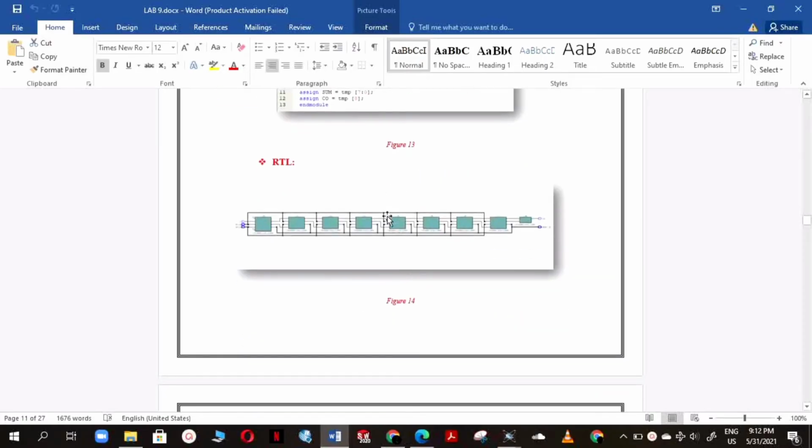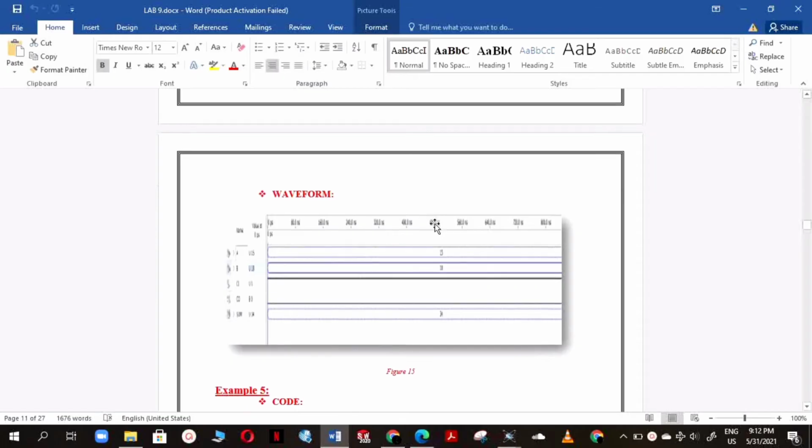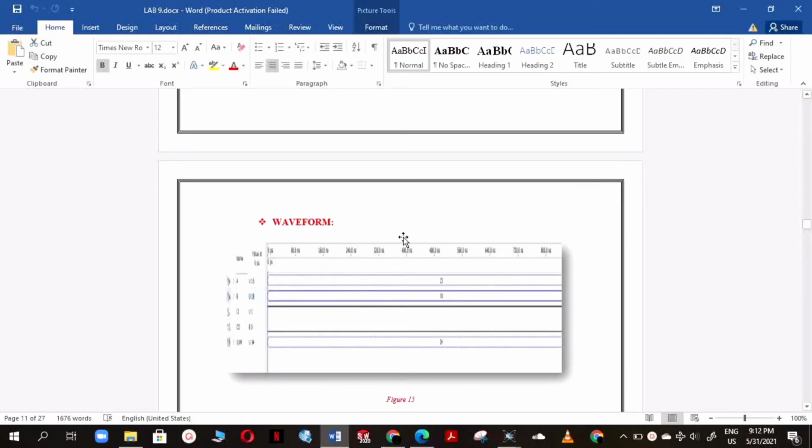So now you can see here this is the RTL view of our Verilog RTL code. Now we are going to move towards our waveform for our better understanding. So now you can see here I'm applying 15 on the one input and 18 on the second input, and our carry out is 0 while our carry in is 1.